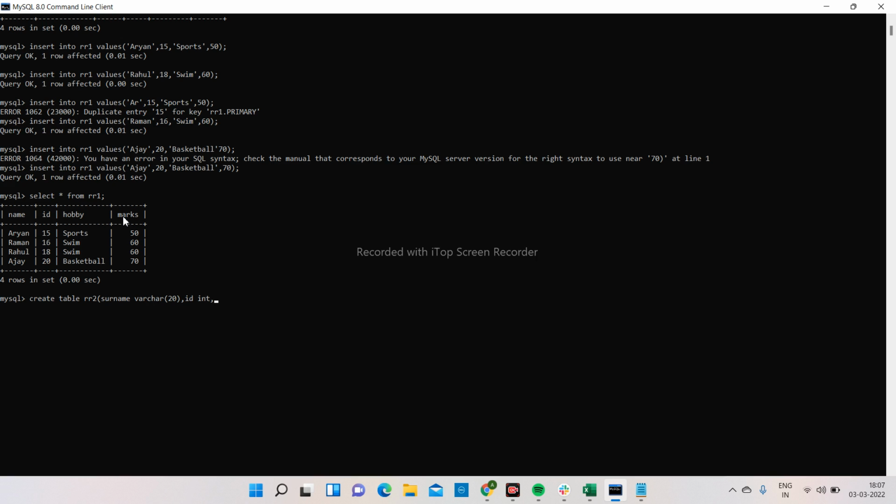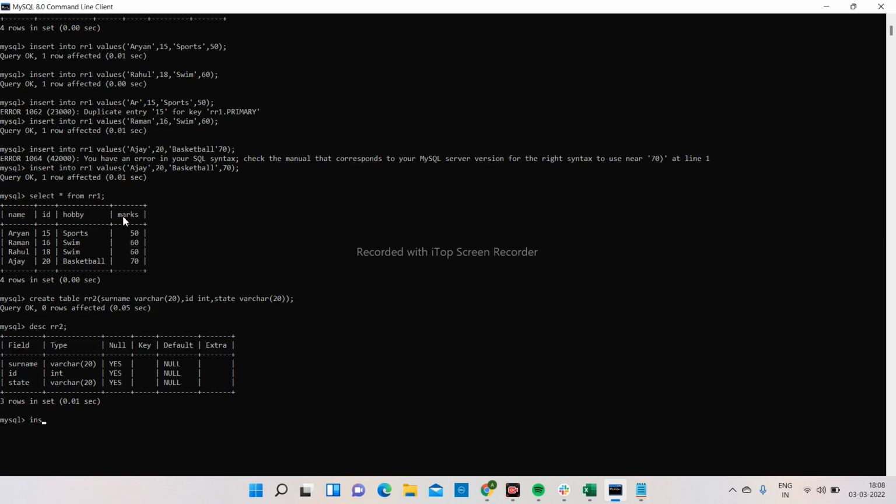Okay, int, and state varchar 20. Okay, so if we run this, let's see the output. Yeah, query okay. Yes, let's see the table. Okay, now insert some records in this table. Insert into RR2